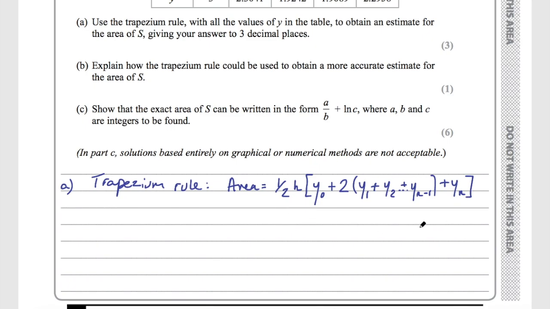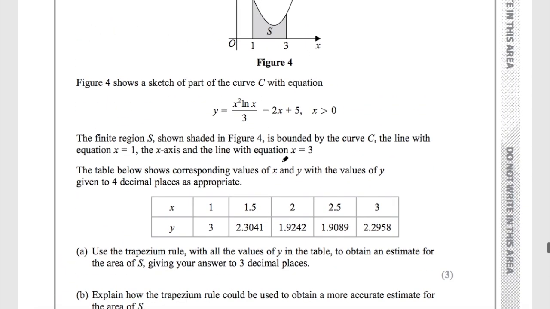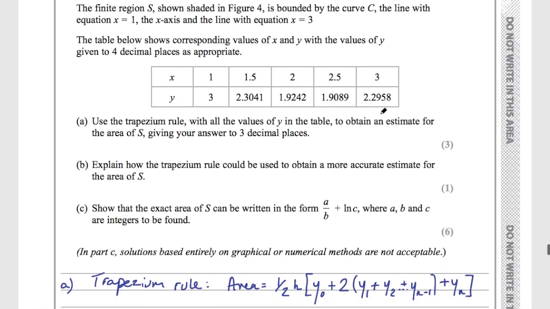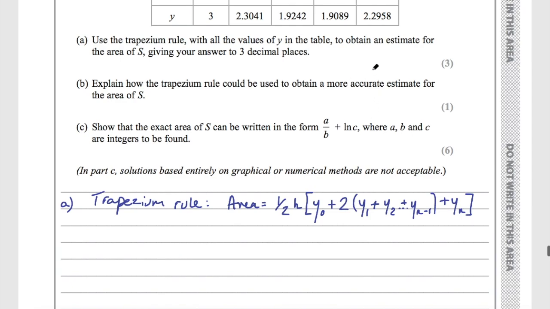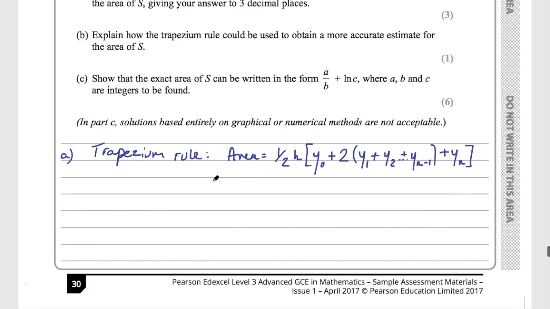So it's just trying to make the work less difficult when you're estimating this area by breaking it up into trapeziums. So remember the formula for the area of a trapezium is the top plus the bottom multiplied by the height divided by 2. All that the trapezium rule is, is a rearrangement of lots of those added together. So it's not that complicated really, but we can plug the numbers into this now to find an estimate for